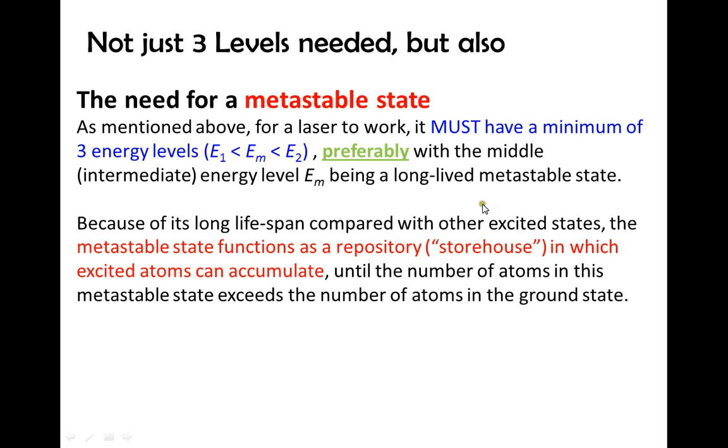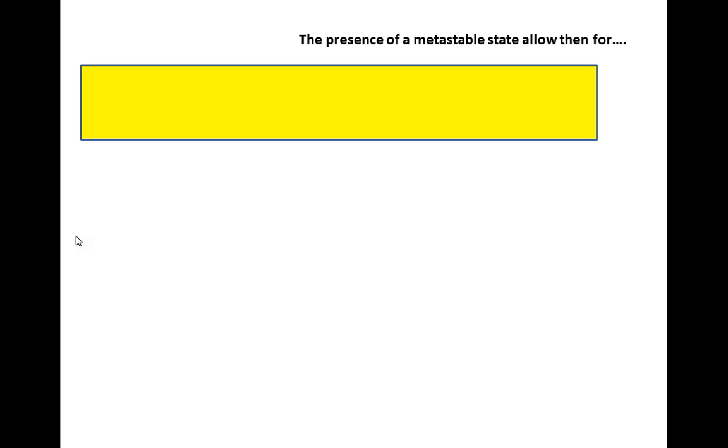Once again, for three levels, we not only need three levels, we need a metastable state, and we want preferably the middle state to be metastable. Because of this metastable state, more electrons will be stored in this state, which will allow the functioning of the laser, which I will explain in the next few slides. So the presence of a metastable state allows for, this is a key term that I'm introducing to you,